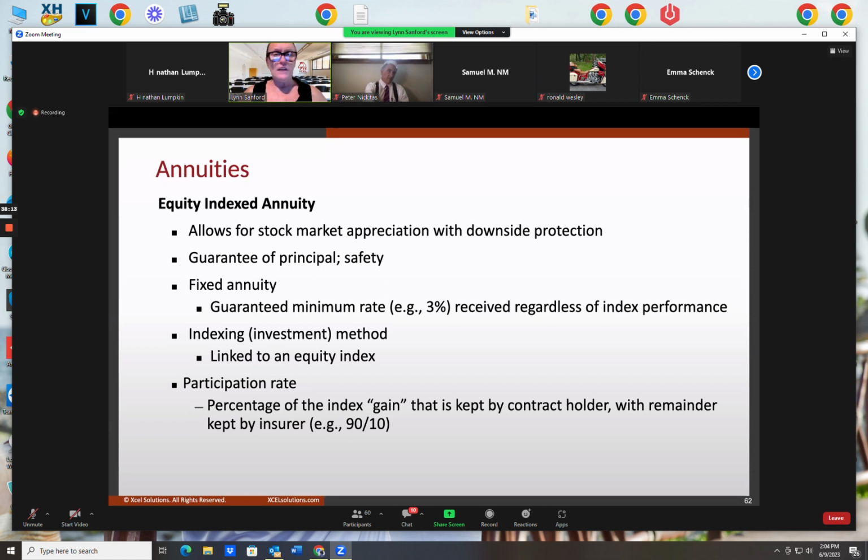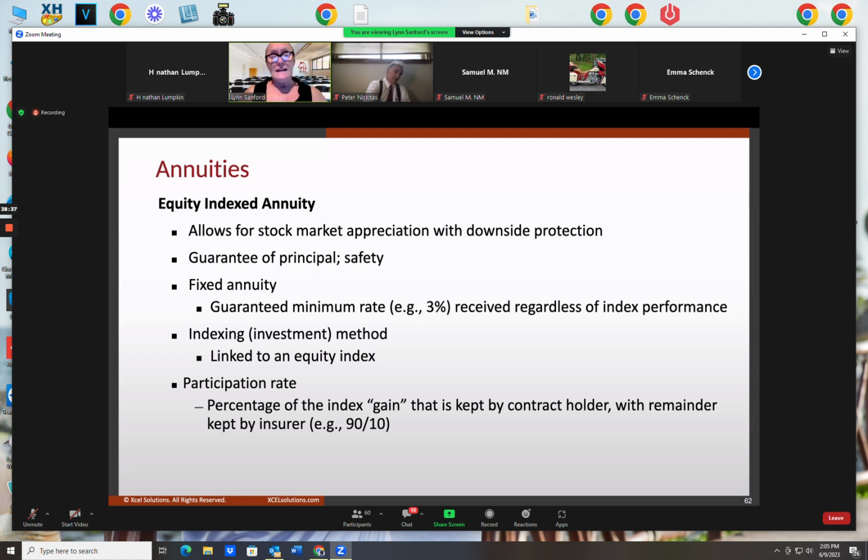Because people were confused. They didn't think they could sell them with just this state license. But because they're a type of fixed annuity, you can sell them with just this state license. So that's why we no longer call them equity indexed annuities anymore. We call them IAs for short, indexed annuity. So they are a type of fixed annuity which guarantees your principal, safety and security of your principal. Your principal dollars go in the general account of the insurance company.